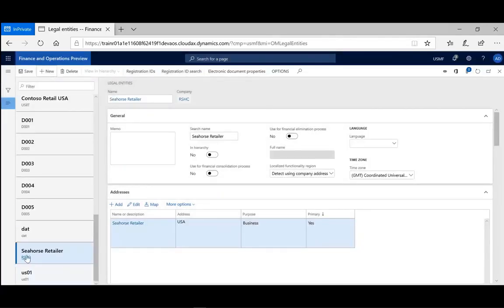So you can see, I have a Seahorse Retailer company at RSHQ created. I can put some memo to describe my company. The search name is already populated. We can put